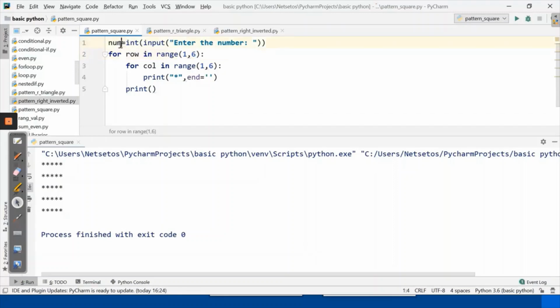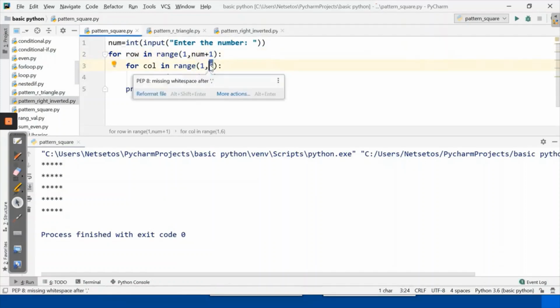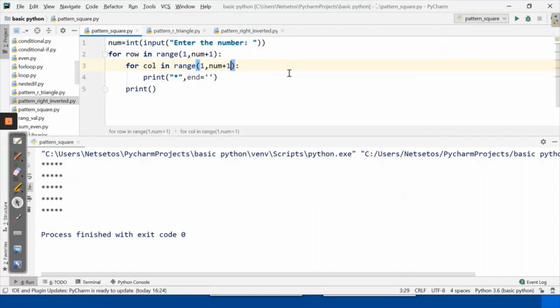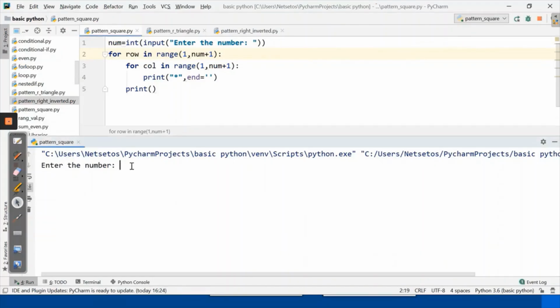If we are giving num, so here it will be num plus 1 and here also num plus 1. So let's print this. If we want for 5, it has printed 5 columns and 5 rows.